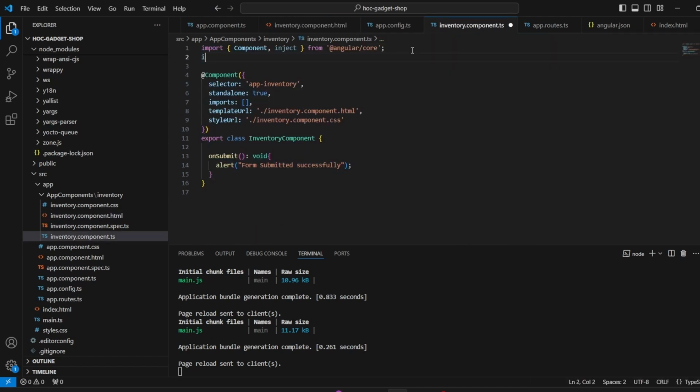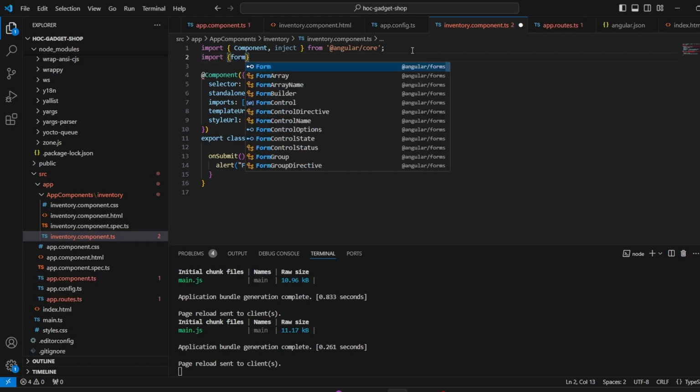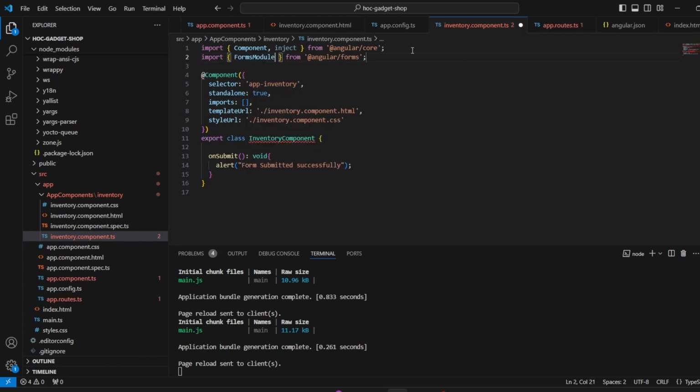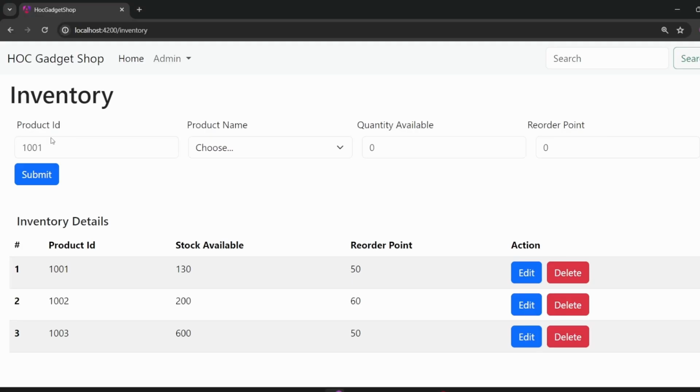One more thing that we have to do is add an import of the forms module. So what we are saying is we are asking this particular component to import the forms module and perform the submit action. We are having it in imports, saving the file, going to the browser now, and now I click on